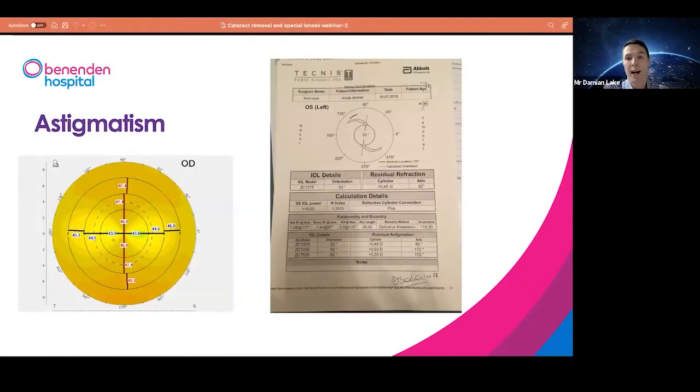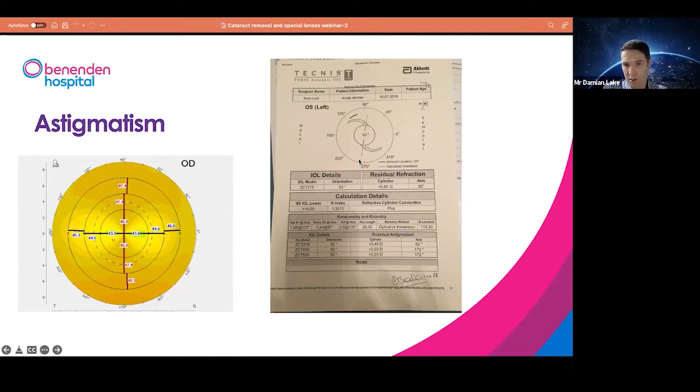For those people who have corneal astigmatism, which means a curve on the cornea, so you can see on the map on the left-hand side, this red line means that the cornea is very steep in the 90-degree axis and very flat in approximately the 0 axis. So the curvature that's mapped initially at the consultation is then put into a program, and we put the astigmatism figures into this algorithm, which then allows us to calculate a special lens, and the lens has to be implanted at a certain angle inside the eye.